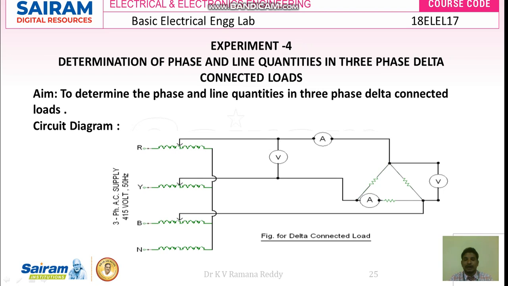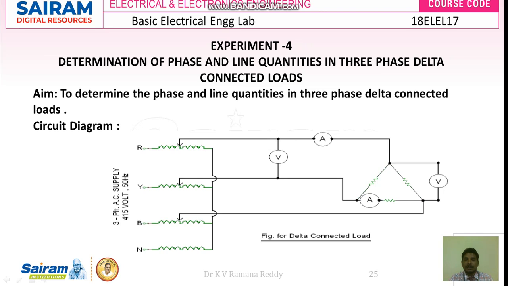and the R1 terminal is connected to the three-phase resistive load, and the R2 terminal is connected in series with the Y1 terminal, and the Y2 terminal is connected to the phase current measurement ammeter at one of its terminals. Another terminal of this phase current ammeter is given to B1, and B2 is again connected to R1.